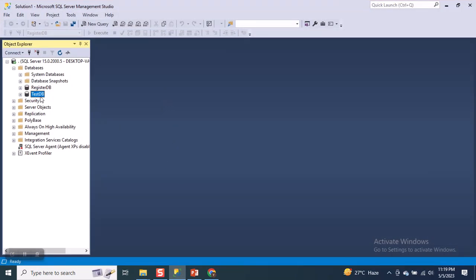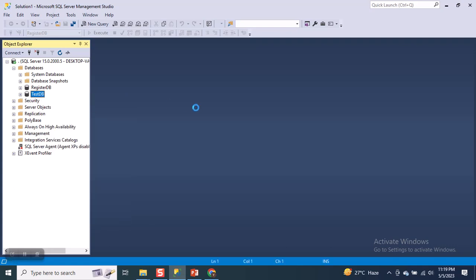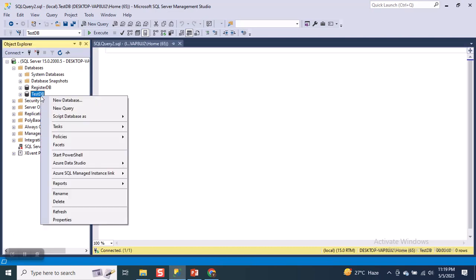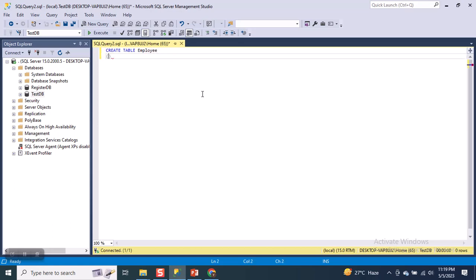Let's go to the database and open a new query. We can create a new query by right-clicking on the database and then selecting new query, or we can do it from the top. Now create table and table name. Let's say the table name is employee, and in the small brackets we need to specify,